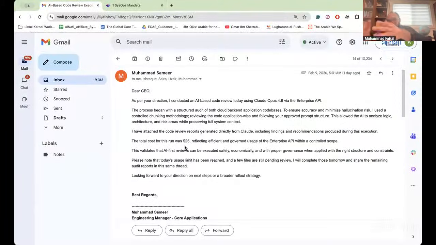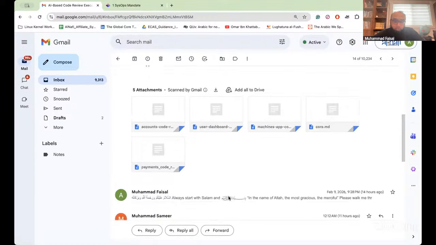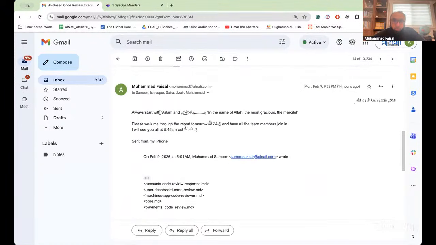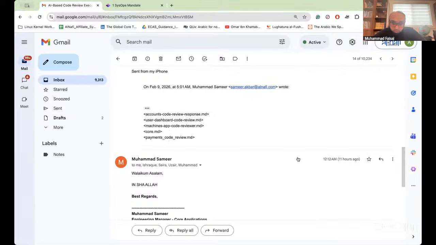This is for you to understand how things are changing in the world as you go out there. By the way, in AI Ops, this is a new task given to the students. He mentioned all this, and he provided me all the results: code, machine app code, user dashboard code, accounts code, all of these things. I said to him, always start with salam and bismillah rahman rahim. Please walk me through the report tomorrow morning. This was 14 hours ago. He presented it to me this morning at 5:45 a.m., before my Fajr time. I was sitting with my team going through this. And he said, Inshallah. Okay. So at night time,